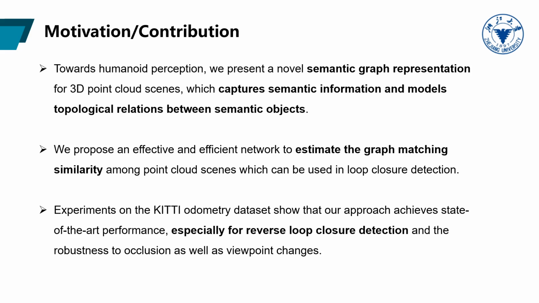Here is our motivation and contribution. Humans perceive the environment by distinguishing scenes through semantic objects and their topological relations. Inspired by this, we present a new approach that converts the raw point cloud data to a novel graph representation by aggregating the semantic information. Such graph representation retains critical information and considers the topological relations, making the expression of the point cloud data more efficient and comprehensible. Moreover, we apply a learning-based graph similarity computation strategy to solve the retrieval task instead of simply calculating the Euclidean distance of feature vectors.